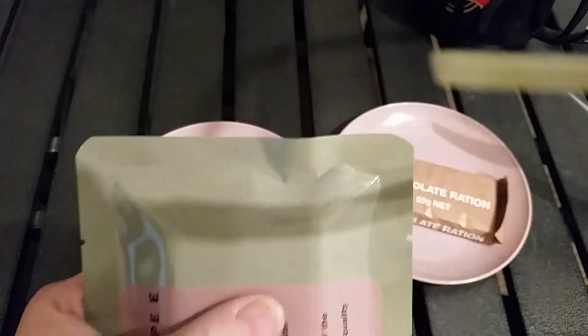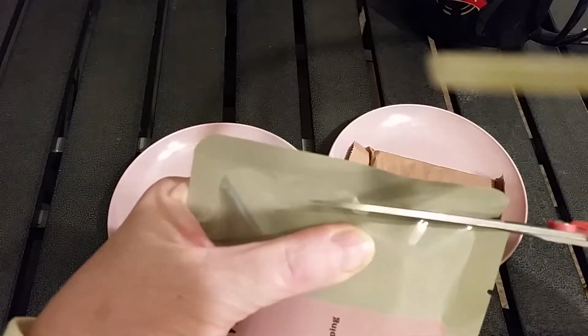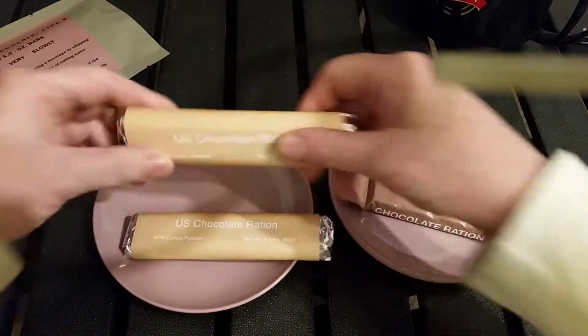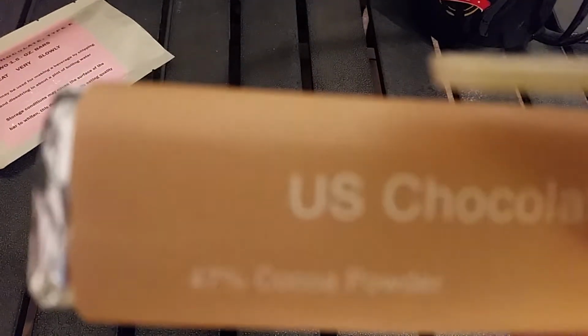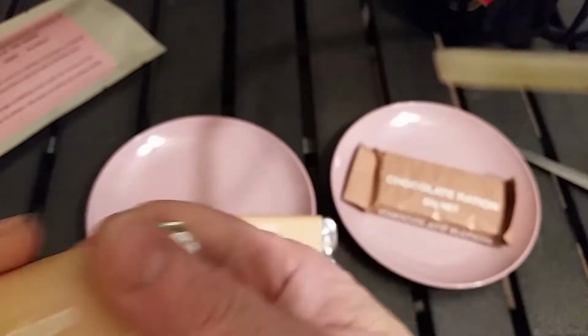So in order to avoid risking tearing those open or damaging the outer wrapper, I'm just going to cheat and just barely cut below the seal. So inside of this retort pouch is clean. And this is the individual chocolate ration bar. Let's see if I can get this to focus. 47% cocoa powder. They're 43 grams, and it looks like a commercially wrapped chocolate candy bar, but as the outer wrapper says, eat